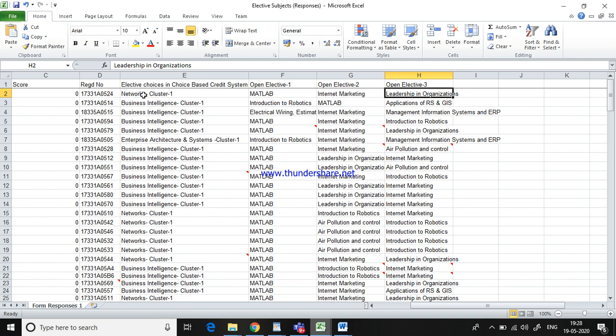You can see this is the choice of the core electives. Every student chooses one core elective, and he gives 3 choices: his first choice, his second choice, and his third choice. Depending on the logistics, he may be given the first elective, or his next choice. That will be decided by the strength and other factors.